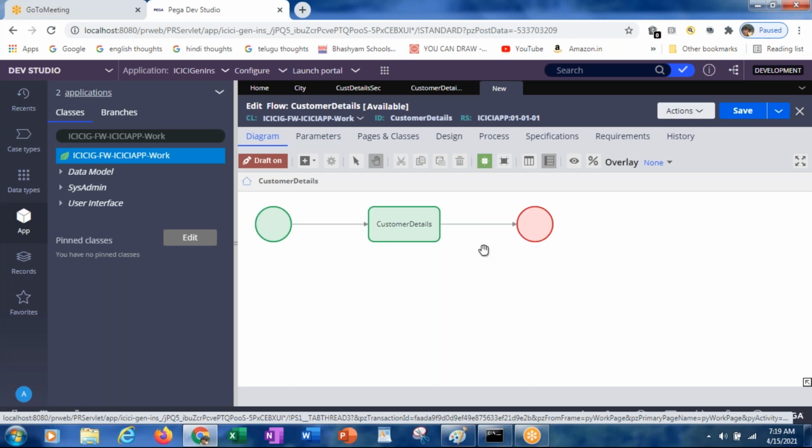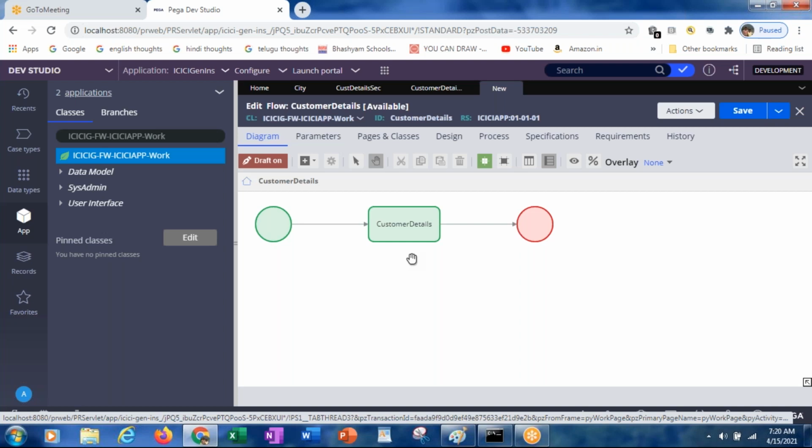A flow means, for example, a leave request. For the leave request, you enter the employee who is going to apply for the leave and the dates when he is going to take leave. All these things will be given. After that, it will go for the manager approval, and then he will approve or reject. So that complete process we will specify in the flow. This is a graphical user interface kind of thing, so everything can be easily understood.